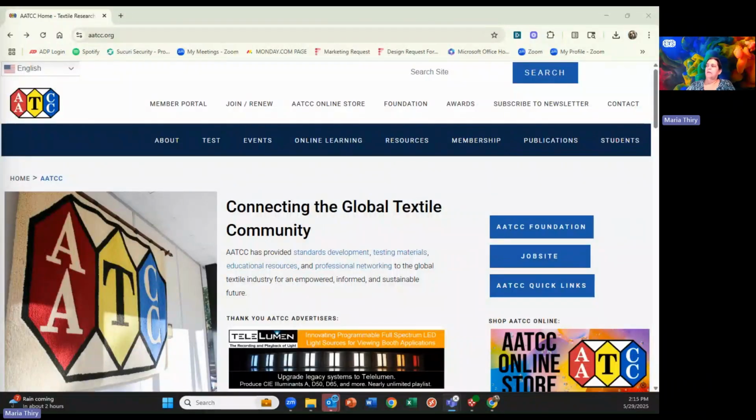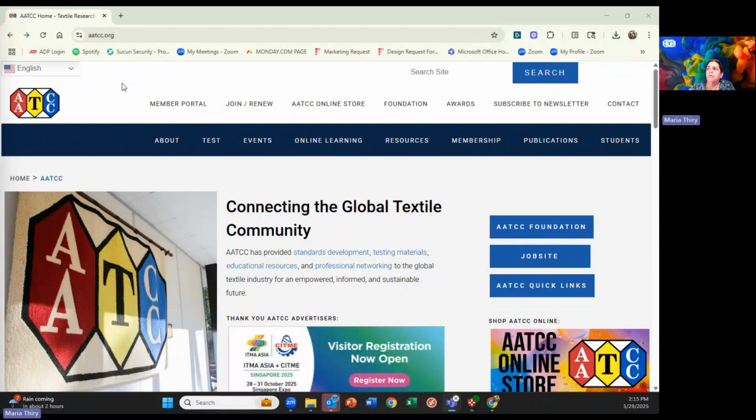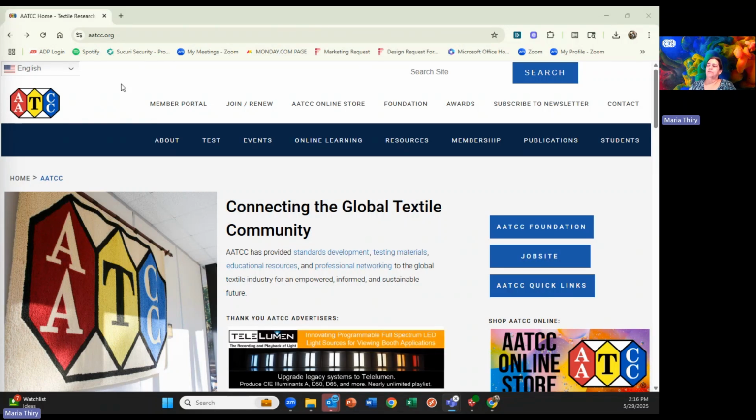Hello, I am going to talk you through logging into the AATCC member portal if you wish to use the EBSCO Textile Technology Complete Research Database. First, you're going to